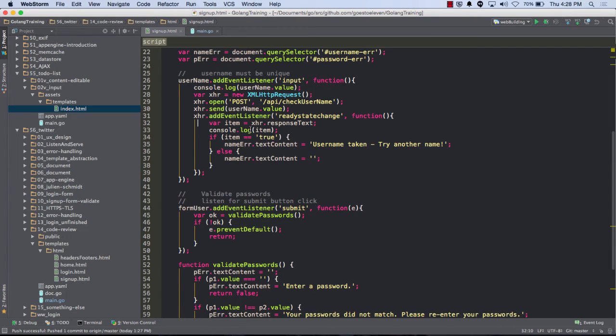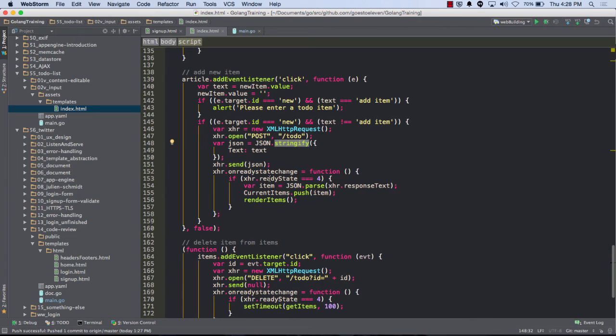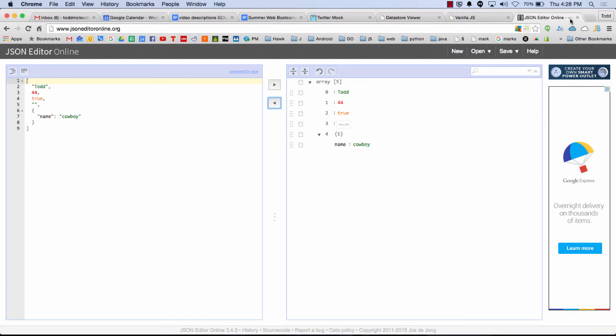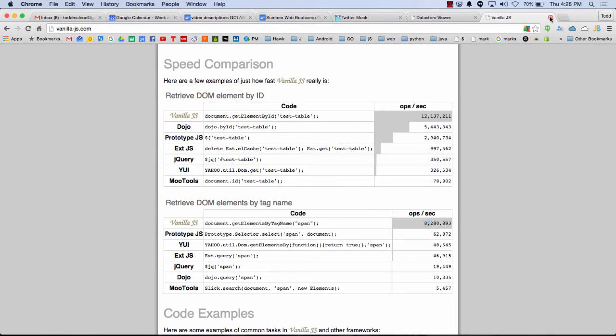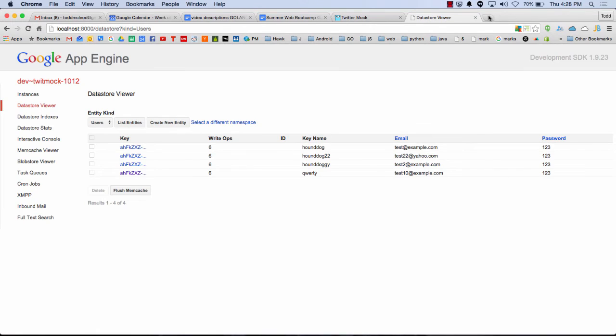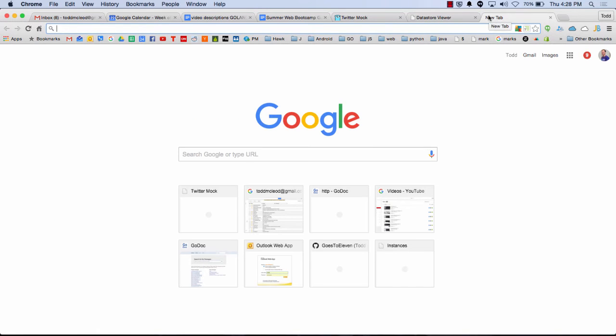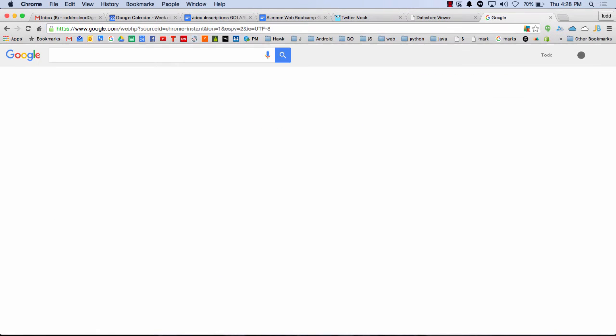Oh, no wonder that's giving me that thing. I need to check for state 4. All right, so usually what you do, it's funny, I just found another thing. I say if XHR ready state 4, because there's different states to Ajax. I can see I'm letting you be confused by Ajax. I apologize for that.